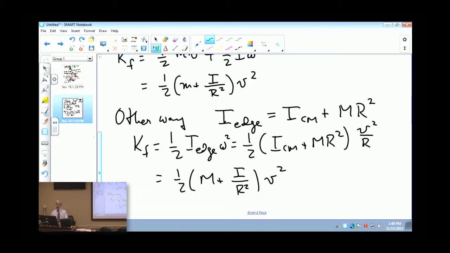So you could do it either way. You could say kinetic energy is a combination of translation of the center of mass and spinning around the center of mass. That's one way to account for it. The other way to account for it is to say instantaneously it's rotating around the point of contact, and then I can use the parallel axis theorem, and that accounts for all of the kinetic energy of motion, both the spinning, what we would call spinning, and translation if we look at it from the center of mass point of view. Okay, so